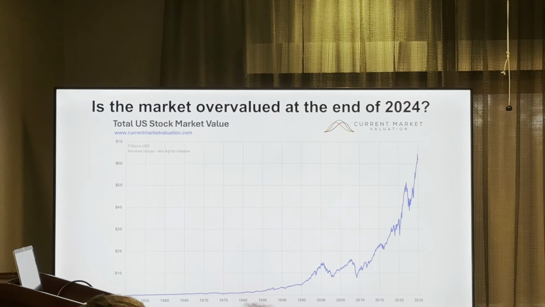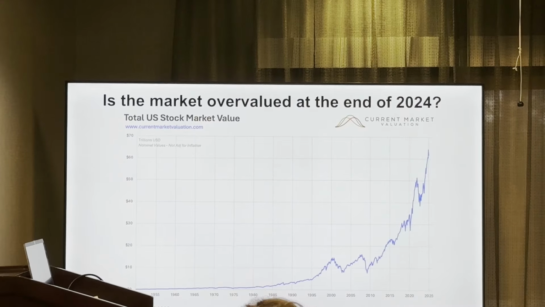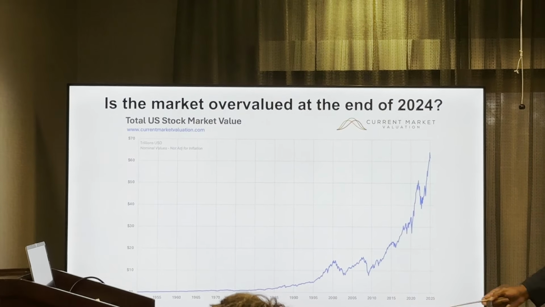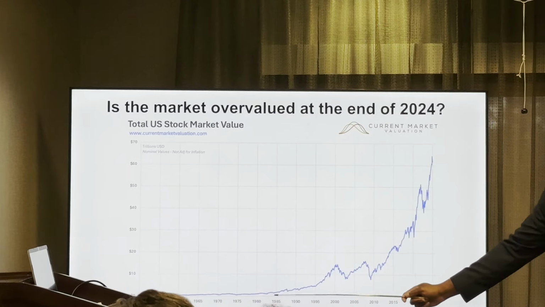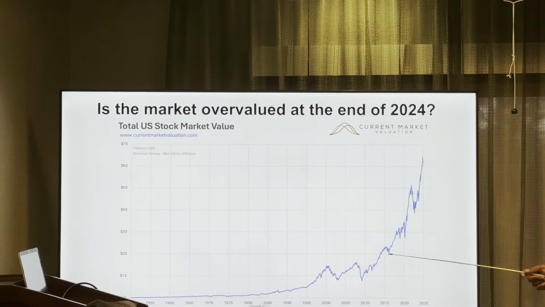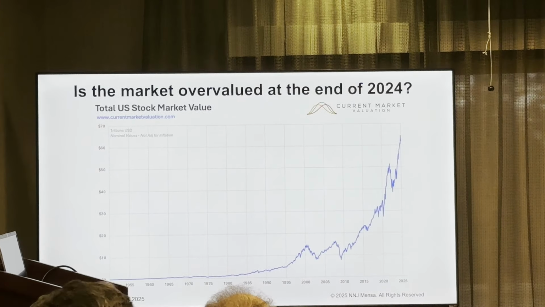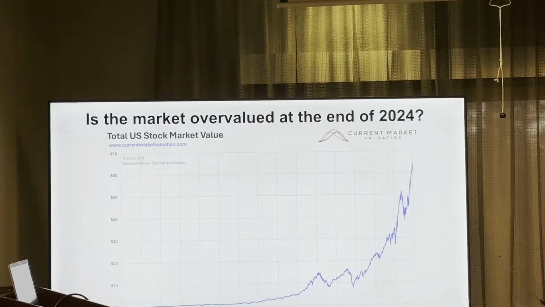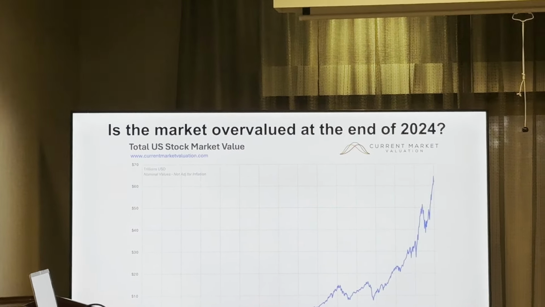Since 1950. This is in current value terms, so not adjusted for inflation. So over the past, you can't even see what the numbers are in the 50s, 60s, 70s, and 80s, right? It just skyrocketed. Now, the way to properly answer the question of what the trends look like is you've got to